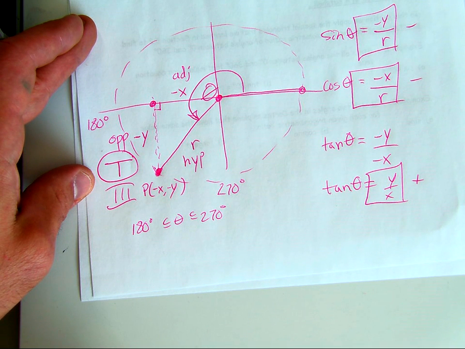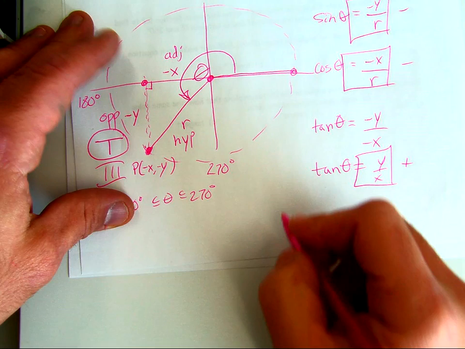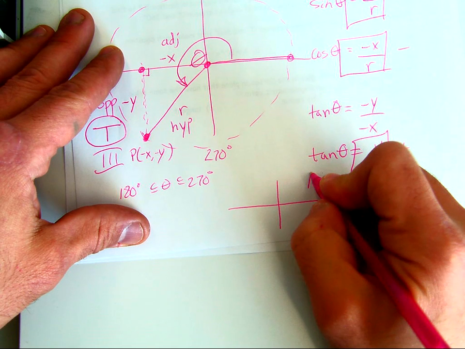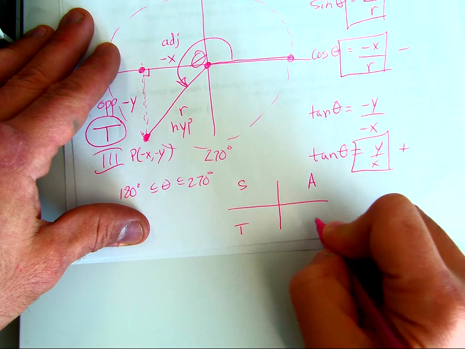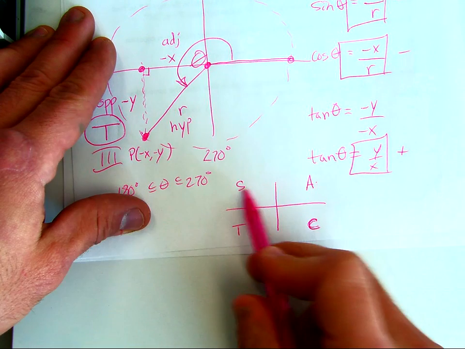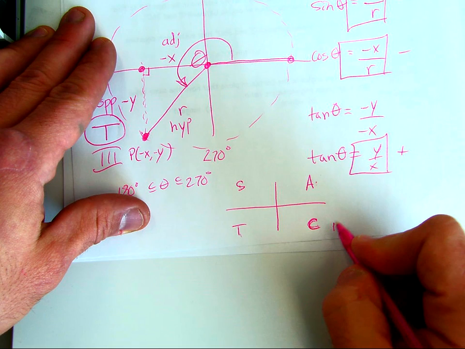I'm going to let you do quadrant number 4 on your own, but just so you understand the rule here, this is the CAST rule. We had A for all here, S for sine, T for tan. This is going to be cos if you do this one properly. So this is the CAST rule, okay? And so the CAST rule just indicates that in quadrant number 4,